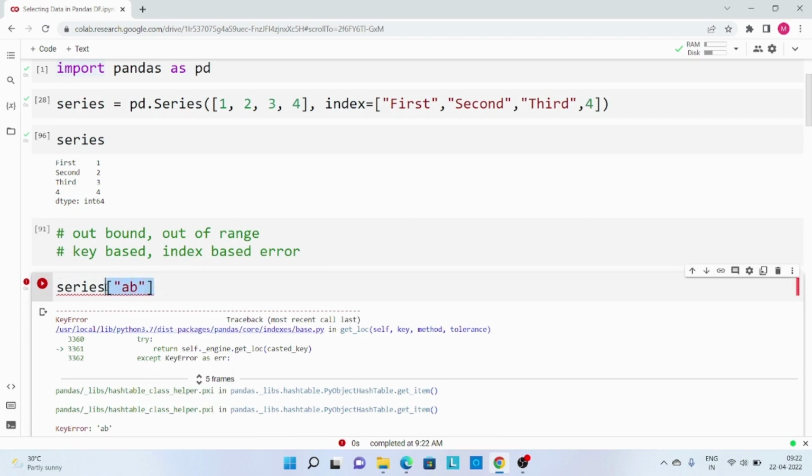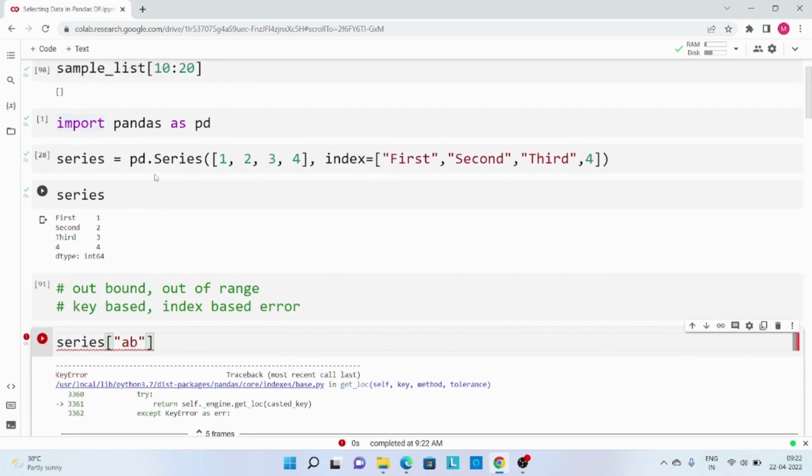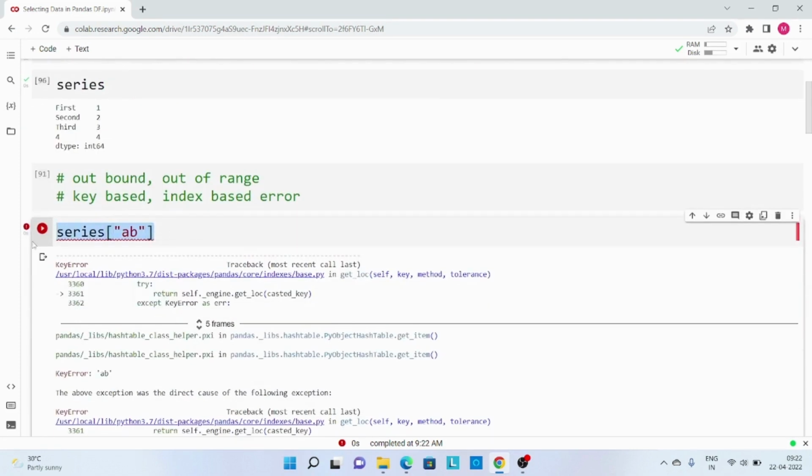So the only point to remember about this operator is that it behaves in two different ways, using either the index value or the label. Both ways will work. But iloc and loc, you should be clear: loc is label based, iloc is index based operator. Now once this is done,